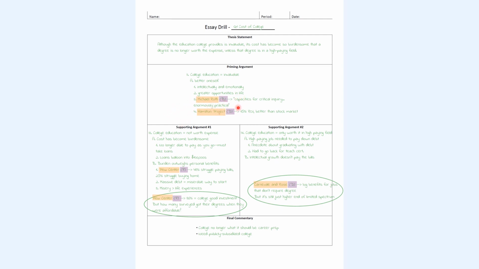In my first body paragraph here from source B, I'm drawing from something the author said, Michael Roth. I'm also drawing from source D in that same paragraph from something that the author of the source cited, something the Hamilton Project said. In my first supporting argument paragraph, I cited a couple of different things from source F, both authored by the Pew Center. Then in my second supporting argument, I've got that counter argument from source D, and those are a couple of researchers named Carnevale and Rose. So that's what I did on my planning document.